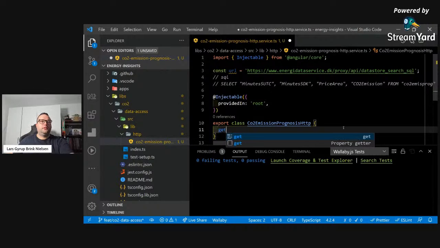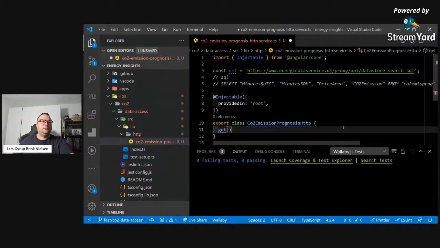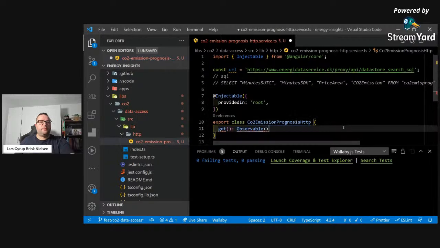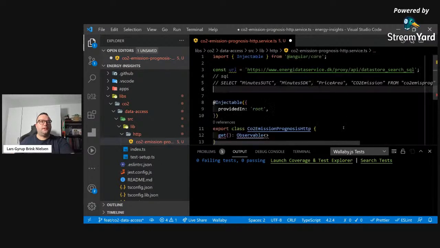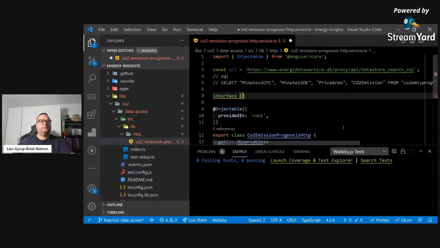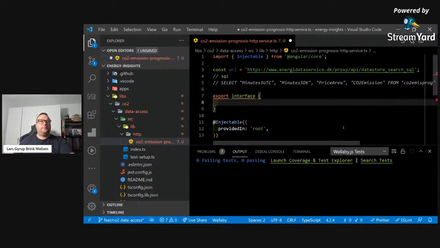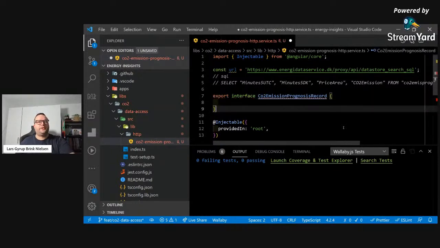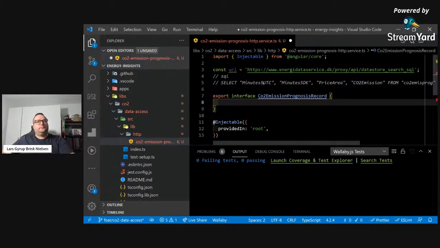So I'll just call this one get, and it will return an observable. And yeah, we need to create a type. But for now, let's create one here. This is the name of this interface. This one was